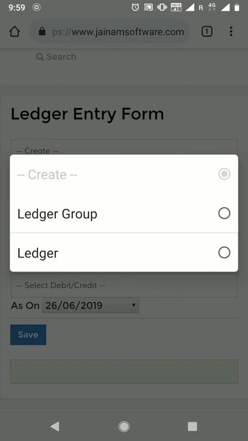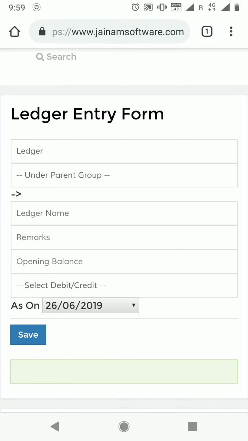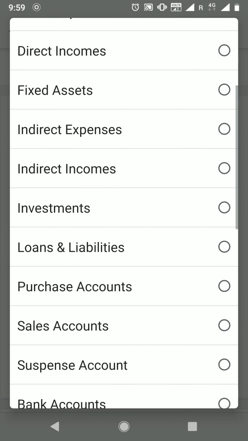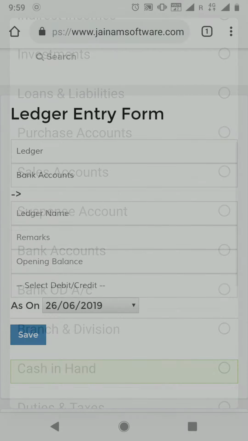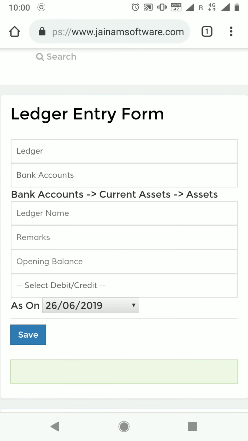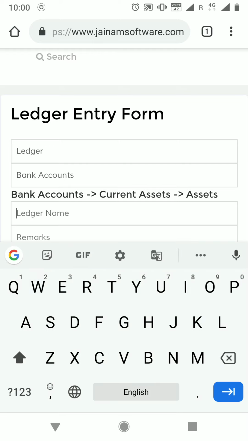So create ledger. I want to create a ledger under parents. So bank will go under bank accounts. When I select bank accounts, it will show me what the hierarchy of that is. Whatever bank I'm going to create, it will be part of bank accounts. So I can create multiple bank ledgers in the bank accounts ledger group. Bank accounts ledger group is part of current assets, which is ultimately part of assets. So the ledger name I create, let's say